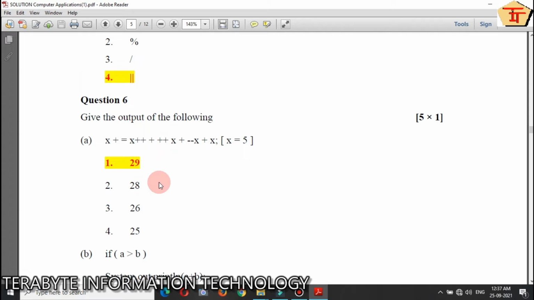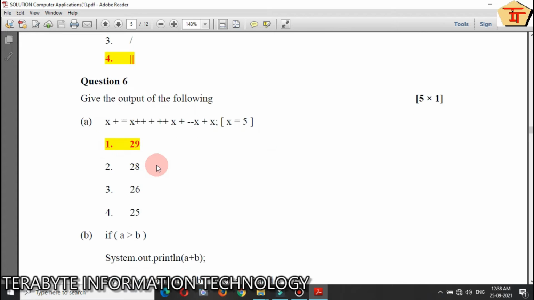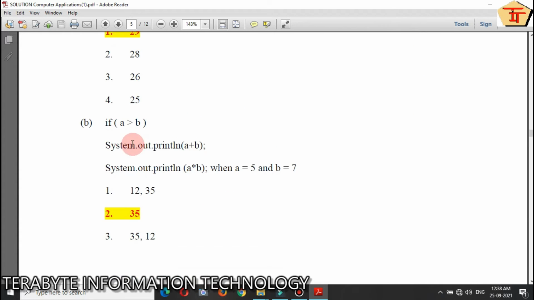Question number 6 is asking you to give the output. For this sort of question, you have to solve it on rough paper and get the answer. After solving this on rough paper, the answer that I got is number 1, that is 29. Next, B question, what is it telling?